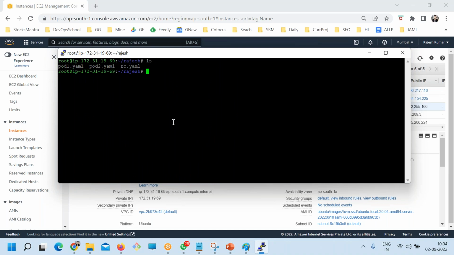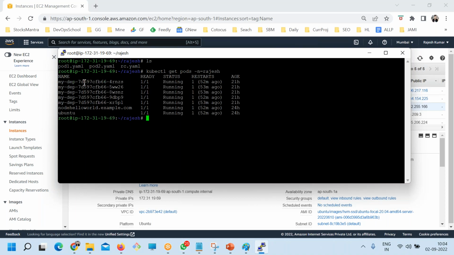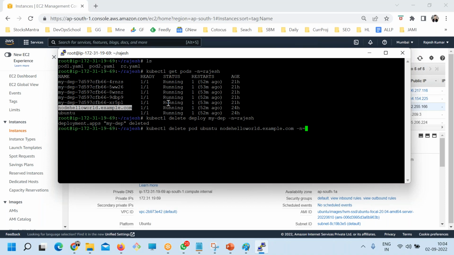Okay, so kubectl get pods -n Rajesh. So I have one deployment. Let me delete this. So I'll just show you the clean demo. Delete deploy -Rajesh and delete pod, and this one also.